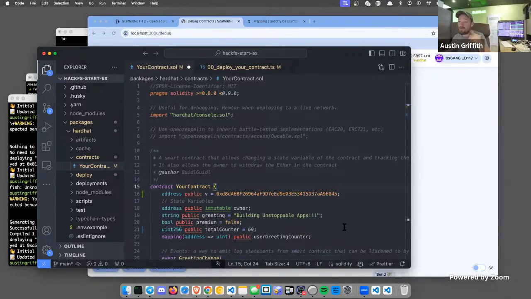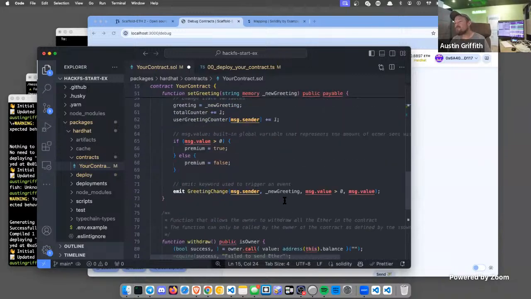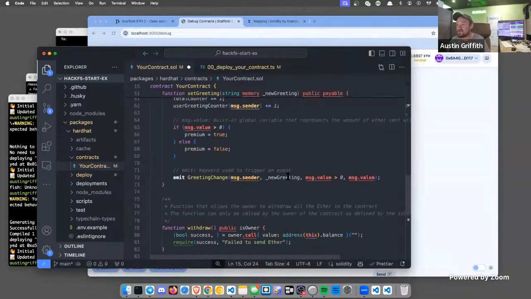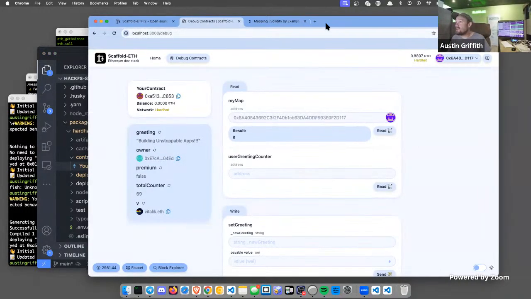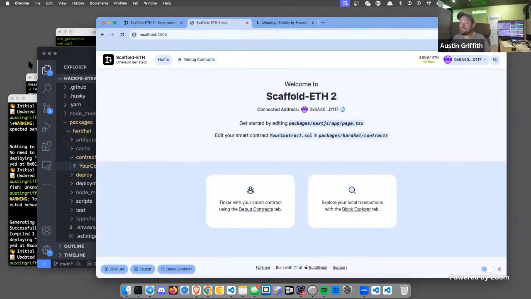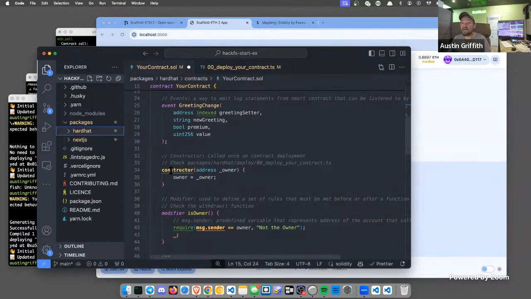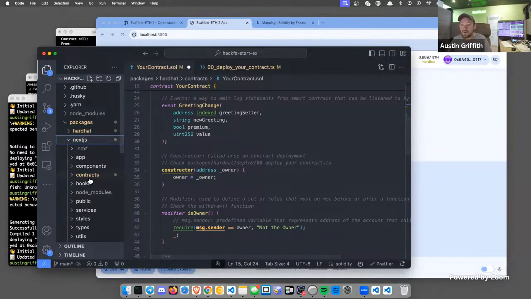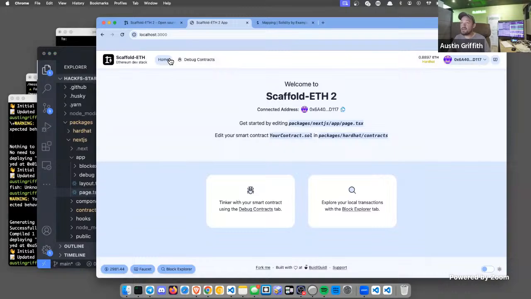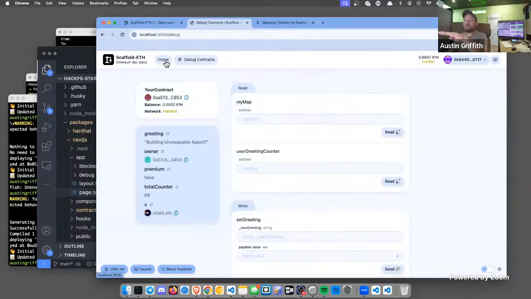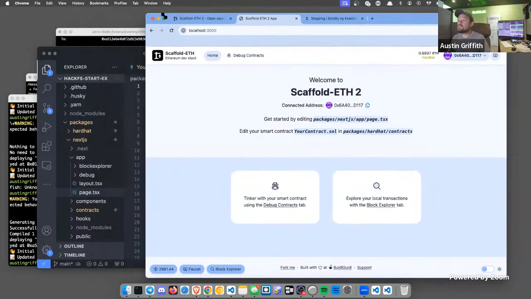Then once you get your smart contract working the way you want it to, let's say that we've worked on this for a little bit and we like the way it works, then you move on to writing a little bit of a front end. And let me give you just a little preview of that too. So you'll kind of move out of your Hardhat and into your Next.js. And this is where you'll find your app and then page. And this page is represented by this homepage. So we were over here in debug contracts. Now we're on this homepage and we're going to do some